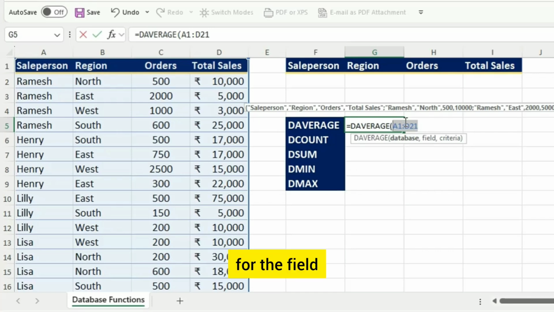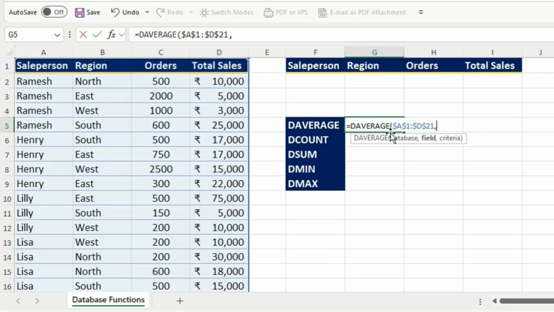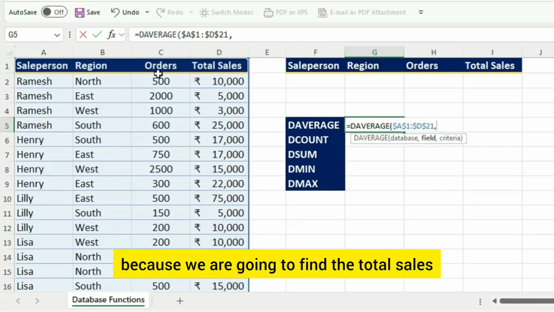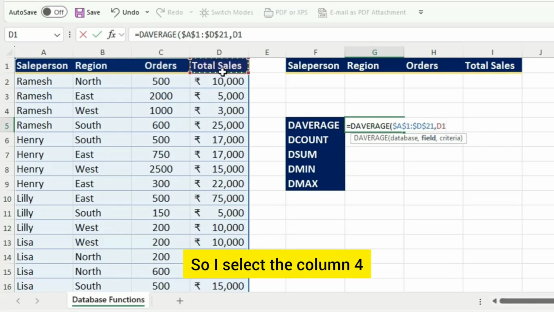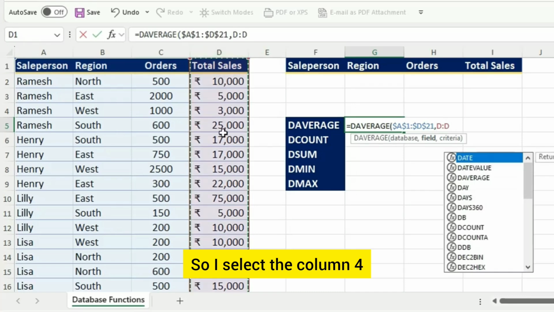For the field I select the 4th column value because we are going to find the total sales. So I select the column 4, I delete this and type 4,